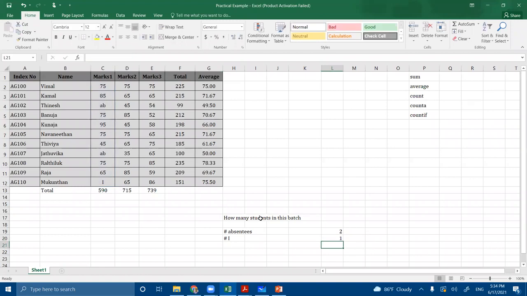One. Right, next one. Another: how many students got marks above 80 marks, 85 marks? So, okay, equal COUNT, because we want to find the count, the number of values. Okay, sorry, COUNTIF,